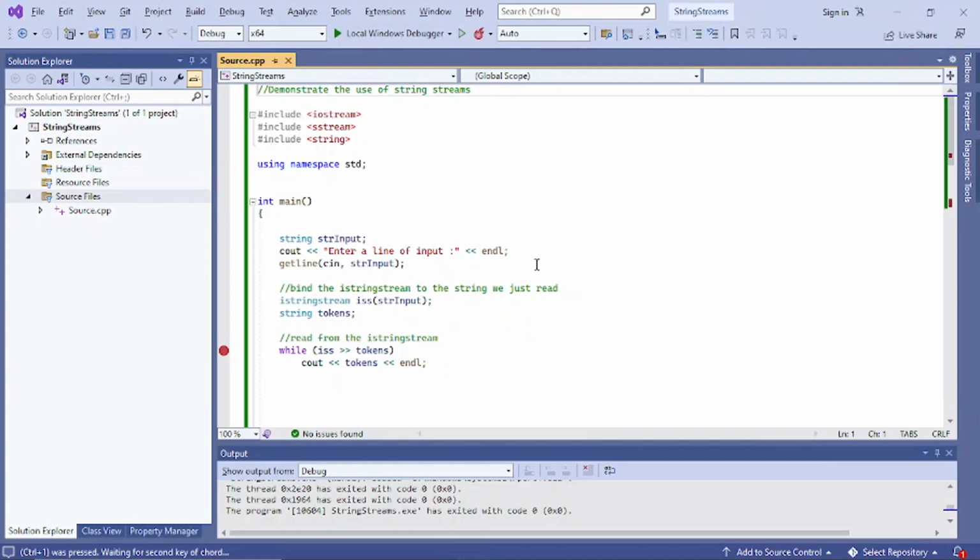Hello and welcome back. In this video, I'm going to be focusing on string streams. String streams is a nifty feature provided by C++, where we operate on strings. It's a way to actually carry out in-memory I/O. Now, the header that you would be including is the